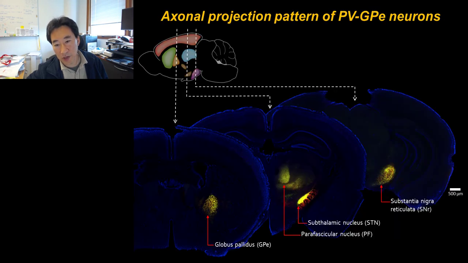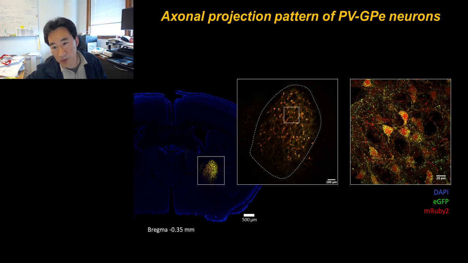And then we found that actually, yes, they are projecting to many different targets. Conventionally, the diagram only talks about the subthalamic nucleus, STN, but we found many different areas projected to by this parvalbumin-positive neuron in the globus pallidus. So what we know when we look at the deep structure is that each globus pallidus neuron makes a synapse